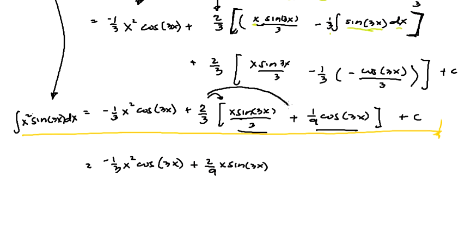Then for this part, 2/3 times 1 over 9 gives 2 over 27, cosine 3x, then plus c. You can write it this way,